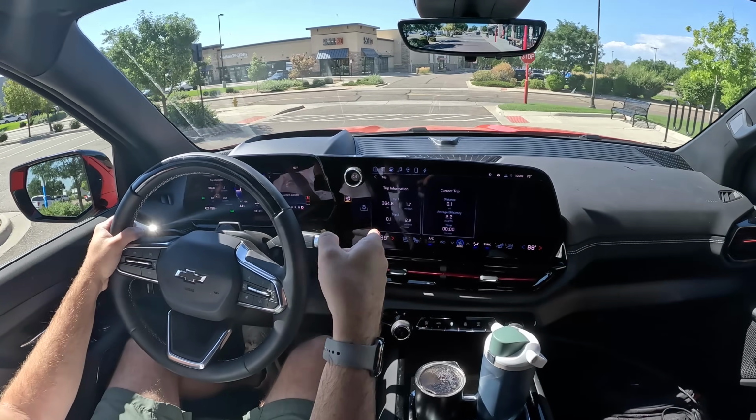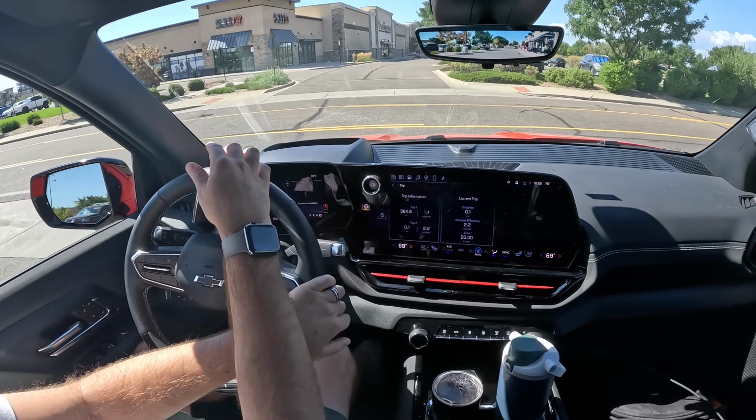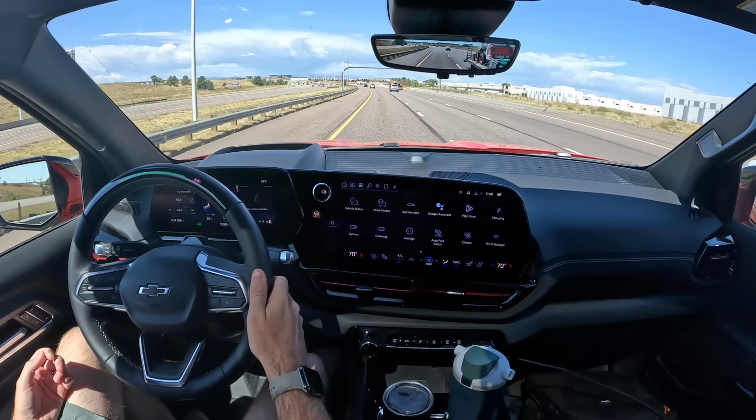Then I'll route back to the charger so the truck preconditions for the next charge. That's how we do it. I've actually been on the road for a while, however I had to take a meeting, so we are still